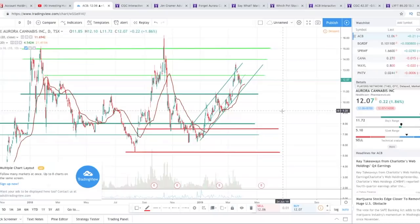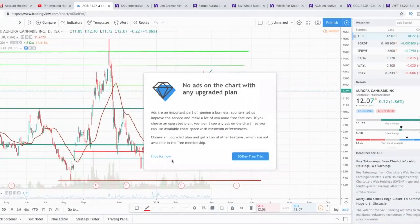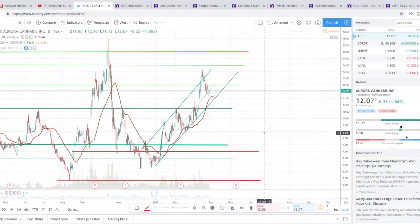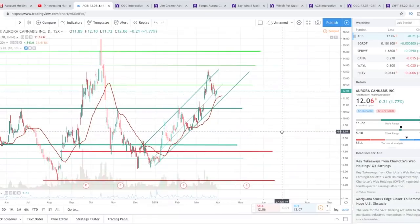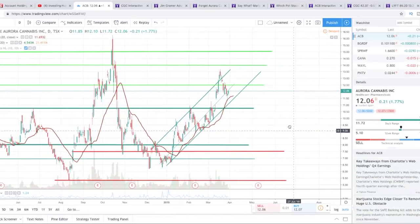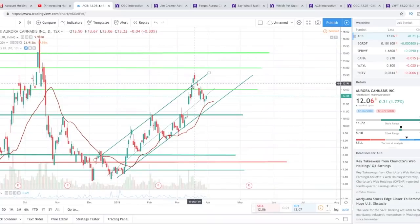Unfortunately, I don't have lines on the American side right now, so I will only be looking at Canadian dollars. If you want to convert these prices to American, just divide by $1.33 or $1.34, depending on the currency exchange. I've made videos in the past when Aurora Cannabis went above this resistance line right here,